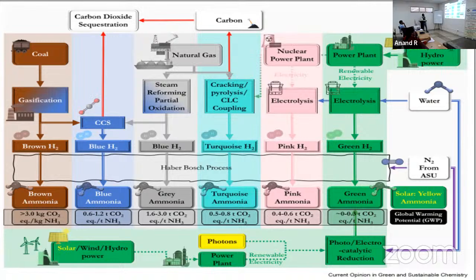In order to provide the energy for the air separation unit, or for electrolysis, or to transport the water, you are also consuming energy from solar, wind, hydro, or sometimes you can take it from the general power plant also. Maybe a thermal power plant, similar to using solar energy as a source to produce solar electricity.